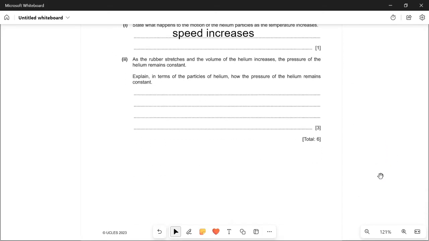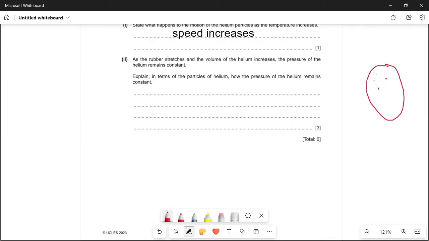Next question. As the rubber stretches and the volume of the helium increases, the pressure of the helium remains constant. Explain in terms of the particles of helium how the pressure of the helium remains constant. So in this question they told us that the volume of helium increases and so does the temperature, but the pressure remains constant. So what happens is, here is the balloon,